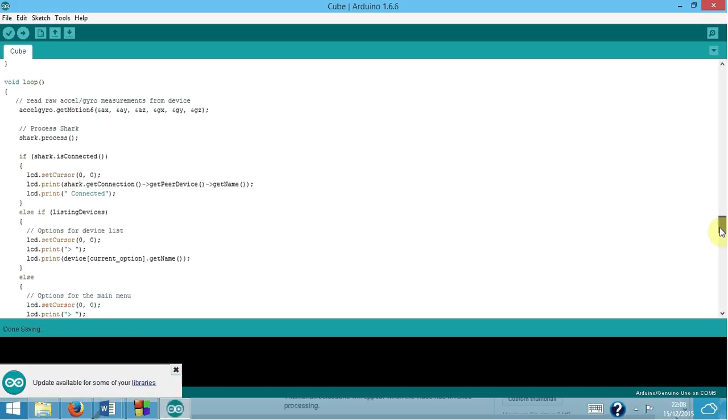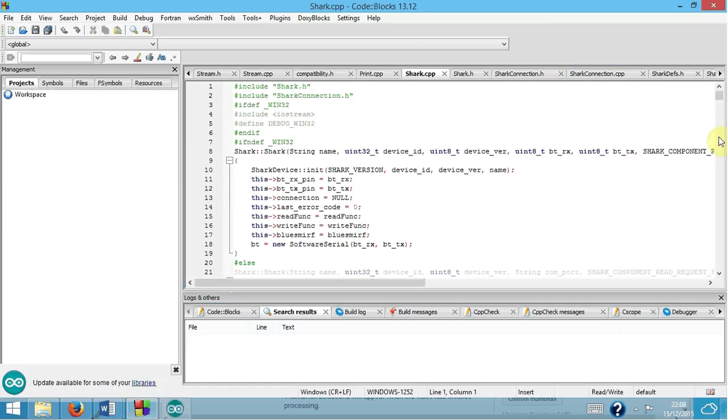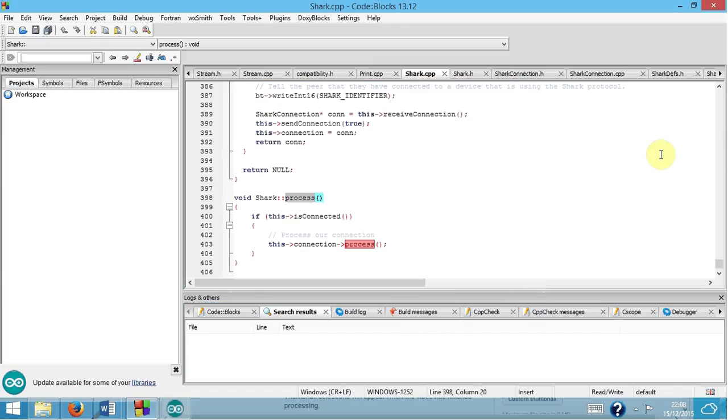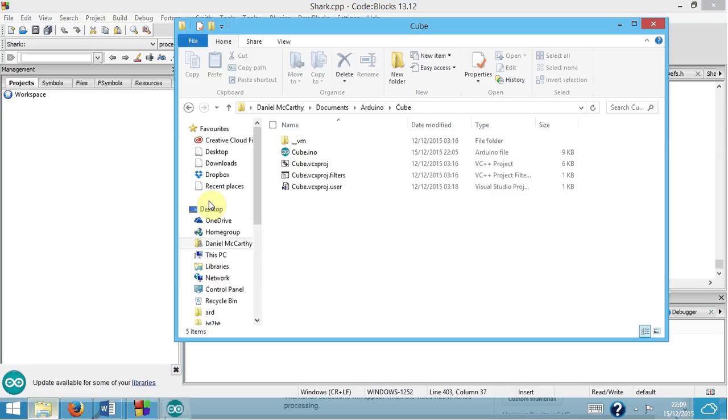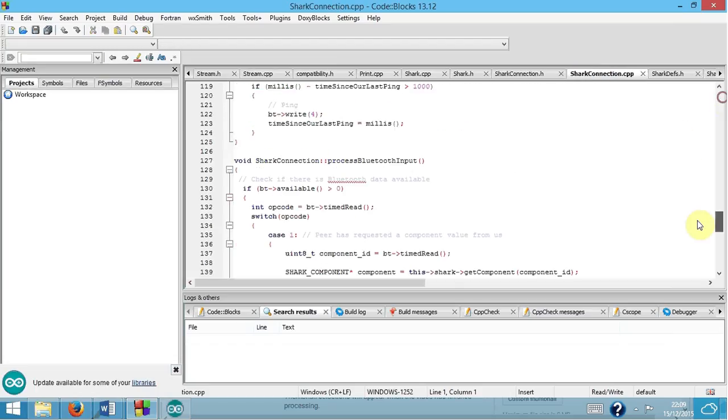So okay, back in the loop. So here we process Shark. Now this basically, I gotta search, it's quite a lot of code. This basically checks if we're currently connected to a device. If we are, it'll process that connection. Okay, so then in there then